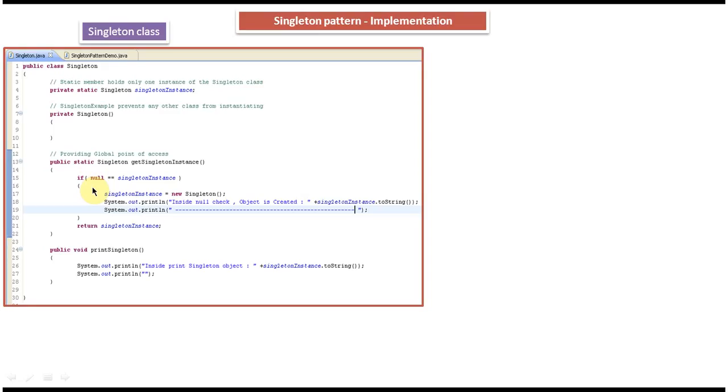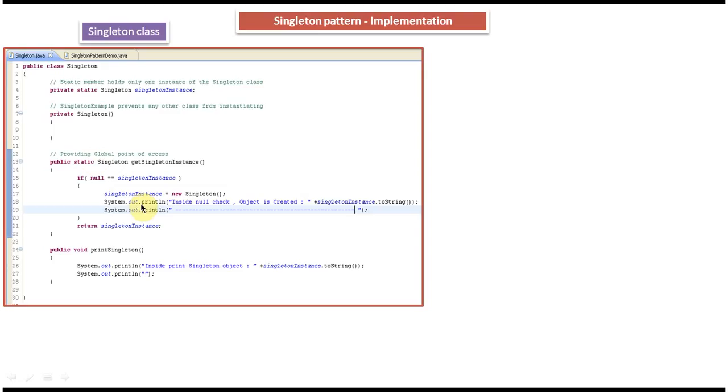Here, this method checks whether instance is equal to null. It is checking against the static member. If instance is equal to null, then it will create the instance and assign it to this static member. That is this line, and then it returns the singleton instance. Only the first time it will create the instance.